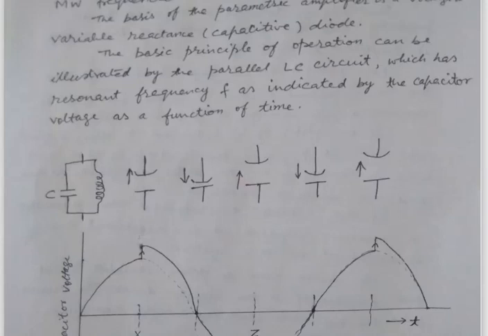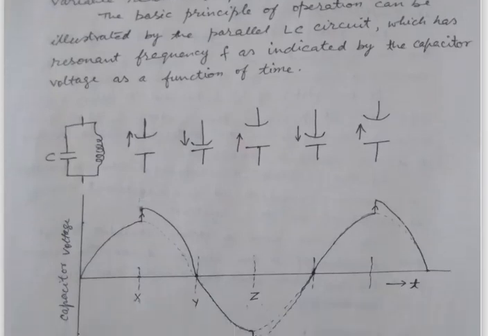Now we understand first the basic principle of the operation of Varactor diodes, that is, how the time varying capacitance can be produced or initiated in our microwave circuits. So we consider a parallel LC circuit as shown in the figure,